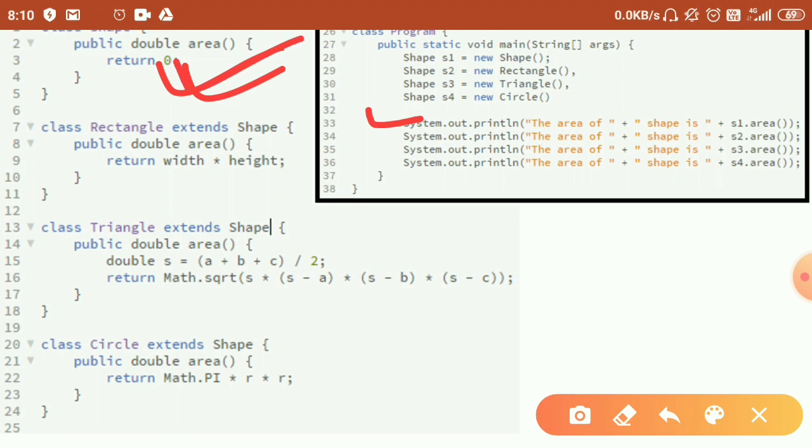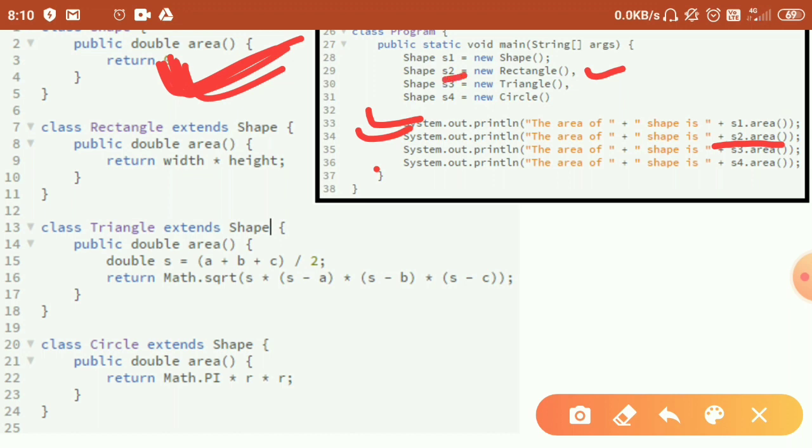Next, the second line: the area of shape is s2 dot area. What do you think the output of this line will be? Will it be 0 again? No, it will not be 0, since I've got a new rectangle object assigned to s2.